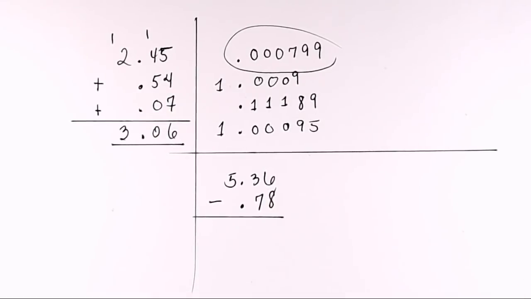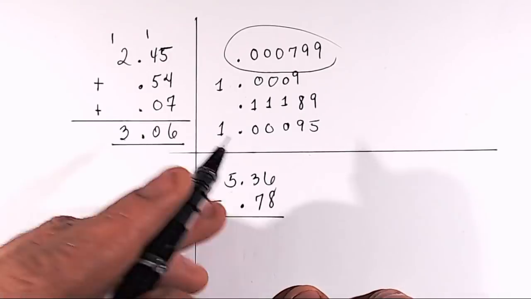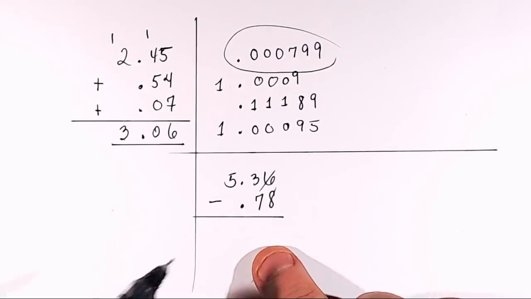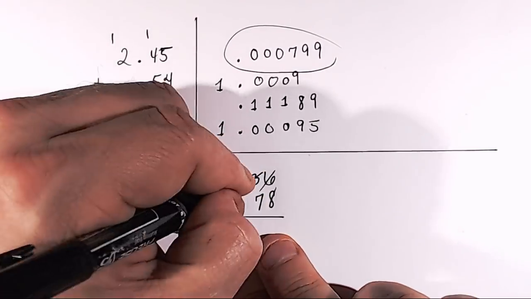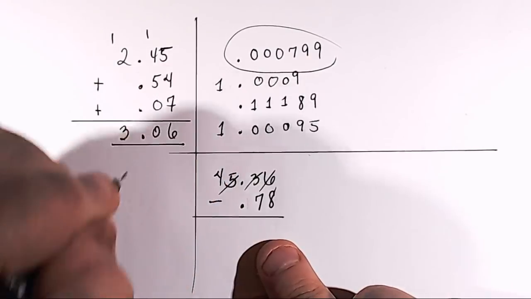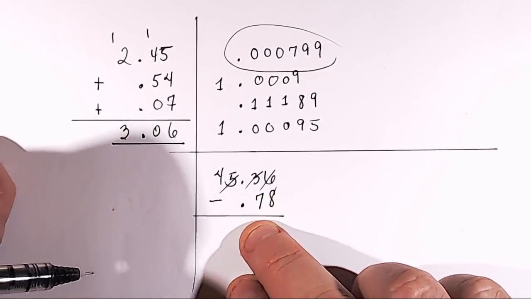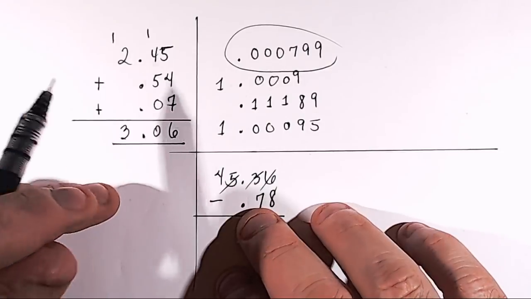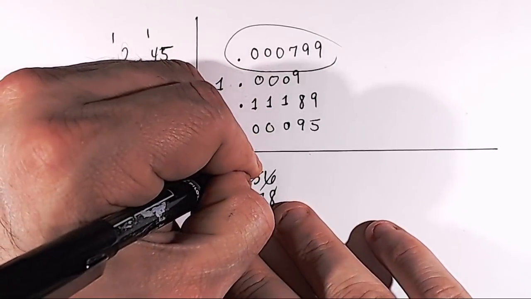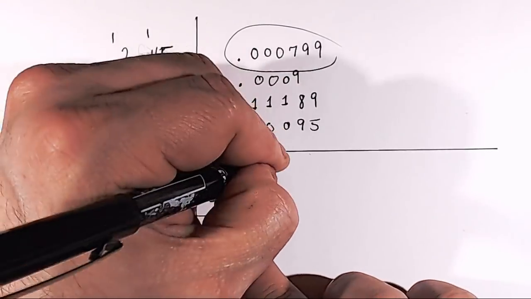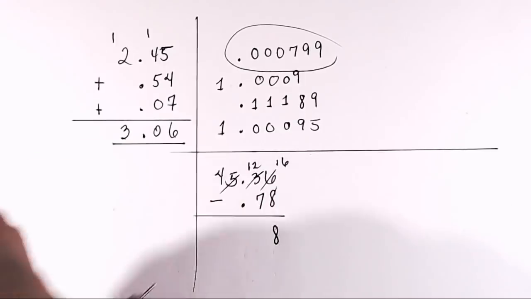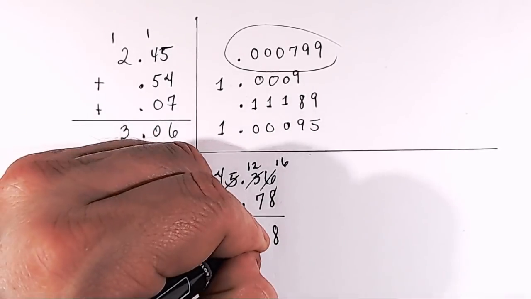Okay, so when we're doing this subtraction, we can't subtract 8 from 6, so we move over 1. We can't borrow there because that one's going to need its own borrowing. So we go over to the 5. We put a 4 there. Now we subtract 1 from, it would be 13. So now it's going to be 12. And then this becomes 16. So 16 minus 8 is 8. 12 minus 7 is